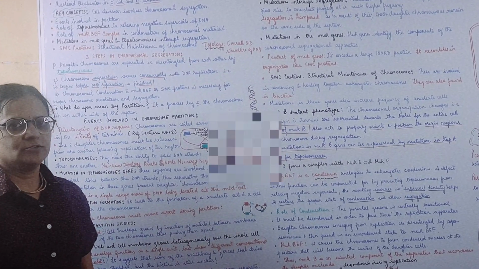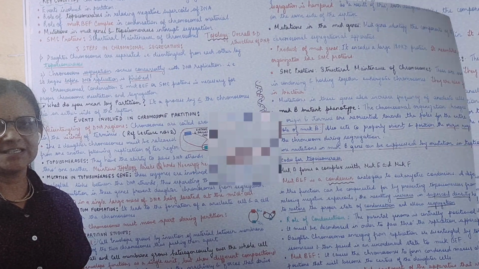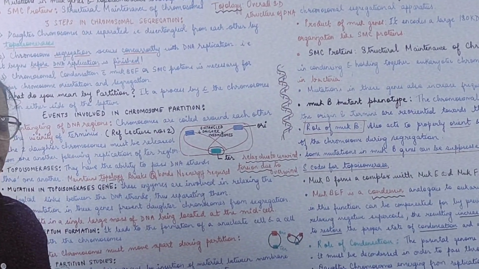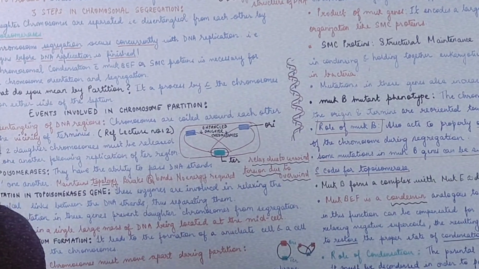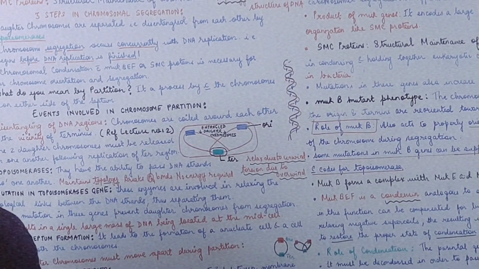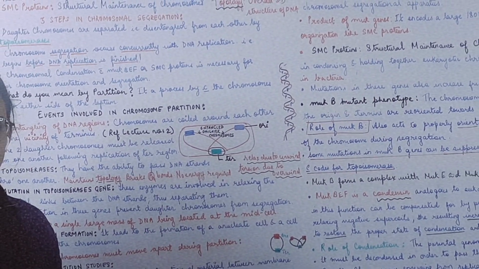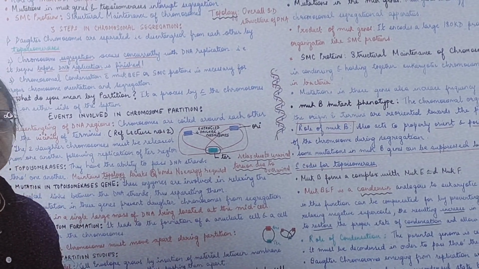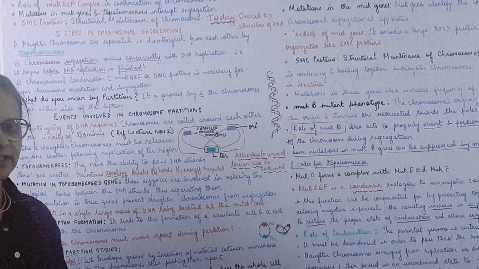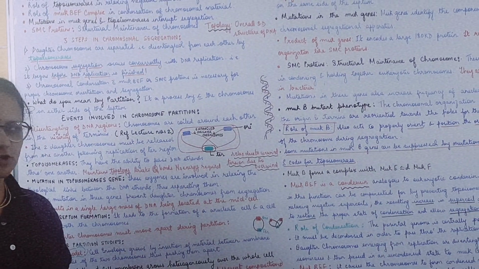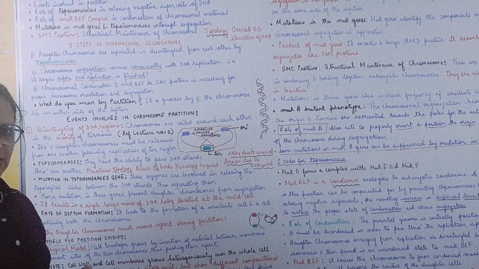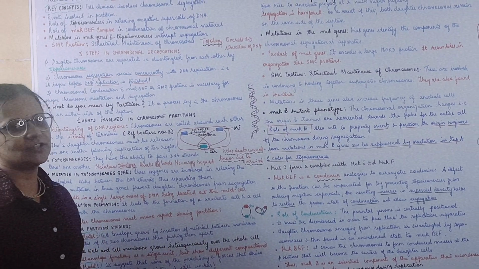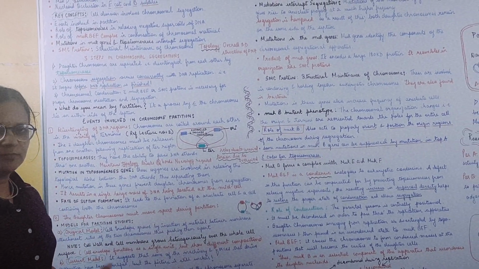So I'll be trying to cover all the basic concepts of every unit. We've started with the third unit, and it's very essential to clear up the concepts. If you are conceptually very clear, you will be able to solve the CSIR NET questions. Of course, we'll be taking MCQs and CSIR NET questions also. PYQs also we will cover, but first let us finish the theory part, or rather let us clear up the concepts, and then we'll move on to solving the PYQs.